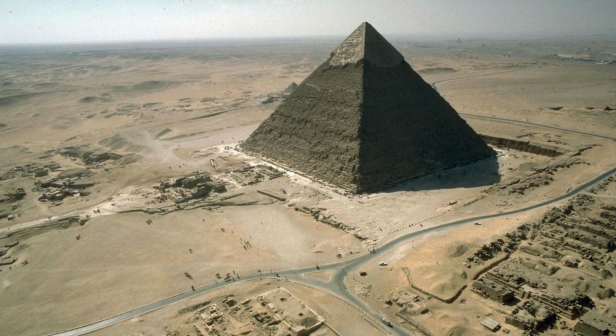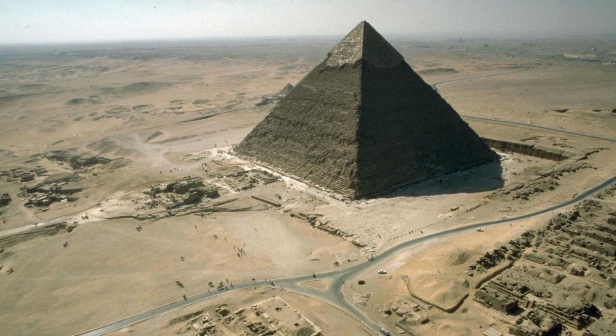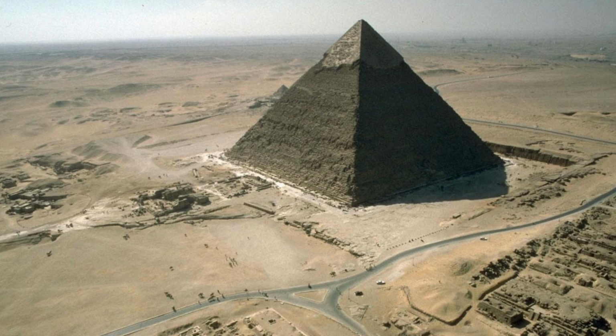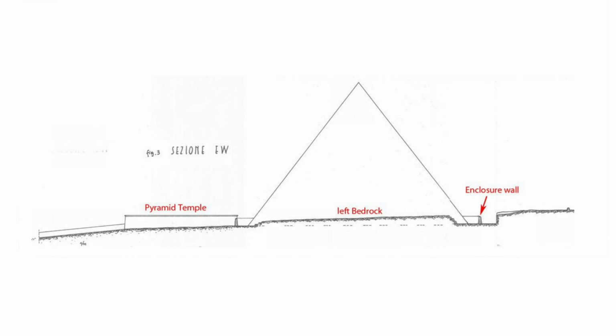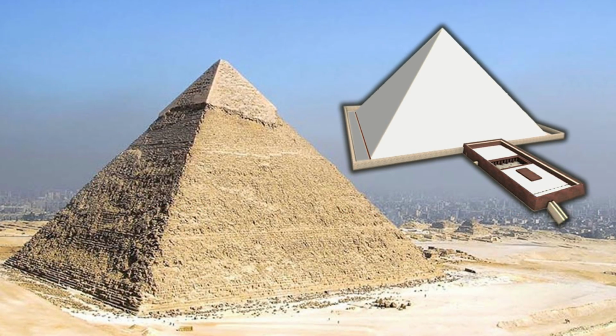Experts who have studied the Khafre pyramid have shown the architects did consider water and drainage before and during construction, with sloping terrace platforms on the northeast and southwest corners, sloping to take water away from the pyramid. The Khafre pyramid's boundary wall was 8 metres high, but as this diagram shows, a large torrent of water from the west could easily breach this wall, and so there was a need to case the base of this pyramid